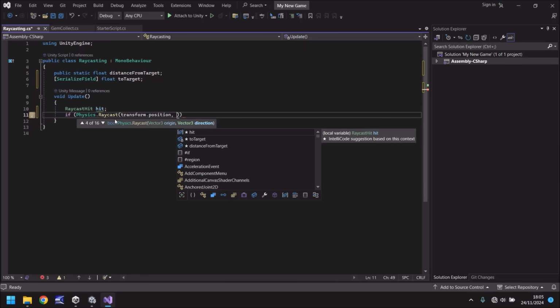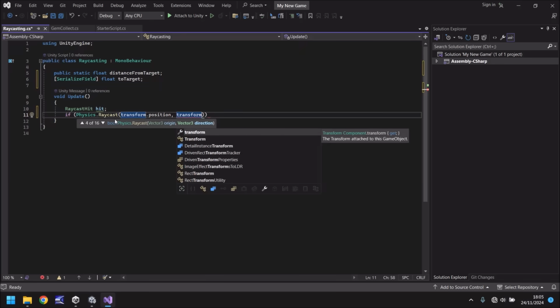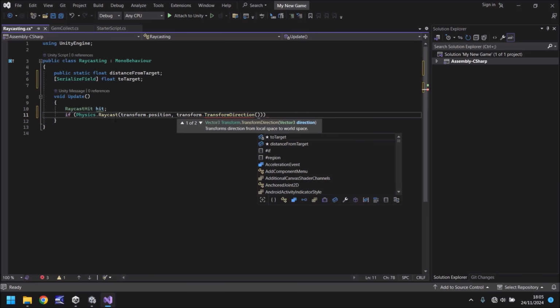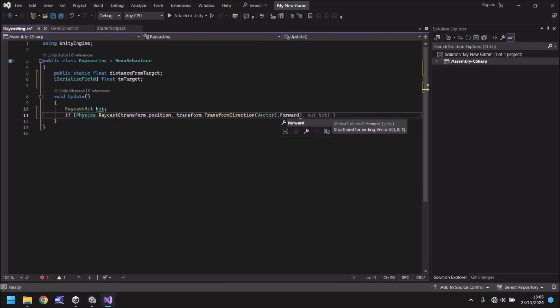So the direction we want this to go in is going to be forwards. So we can say transform.TransformDirection, and after that we can say in brackets basically which way. Like I said, we want it to be forward, so we can say Vector3.forward, close bracket,